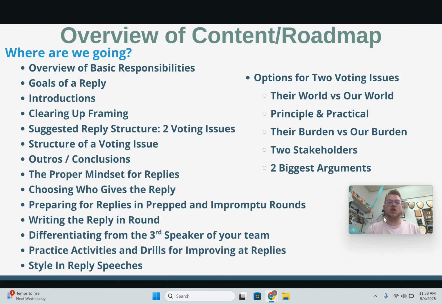The main structure that we use for replies is giving two voting issues, and I'll tell you about the different options and ways that you can choose those two voting issues. We'll talk about what the structure of them are, how to finish your reply speech with a good outro, what mindset you should go in when giving a reply, how you should decide between the first and second speaker who can give the reply, preparing for replies in a prepared round before the tournament and during your hour of prep